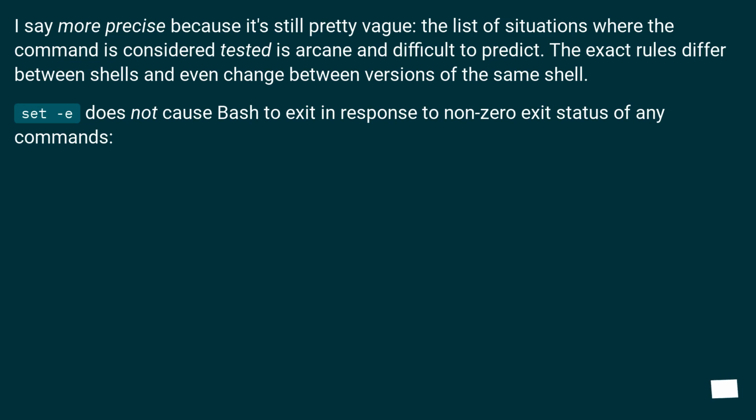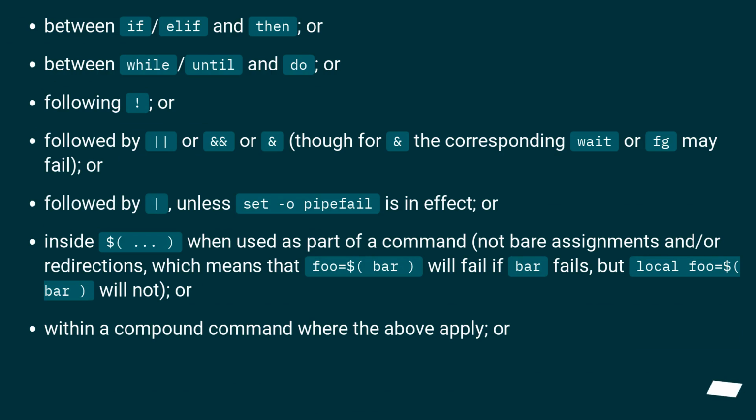set -e does not cause bash to exit in response to non-zero exit status of any commands between if/elif and then, or between while/until and do, or following, or followed by, && or ||. Though for &&, the corresponding wait or fg may fail. Or followed by a pipe, unless set -o pipefail is in effect, or inside $(...) when used as part of a command, not bare assignments and/or redirections, which means that foo=$(bar) will fail if bar fails, but local foo=$(bar) will not, or within a compound command where the above apply,